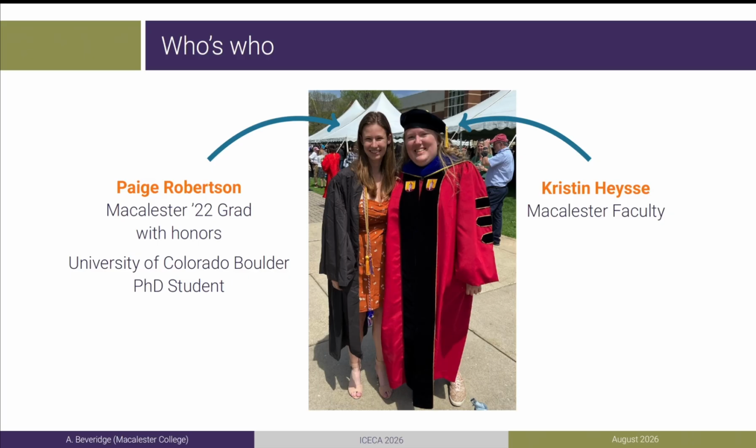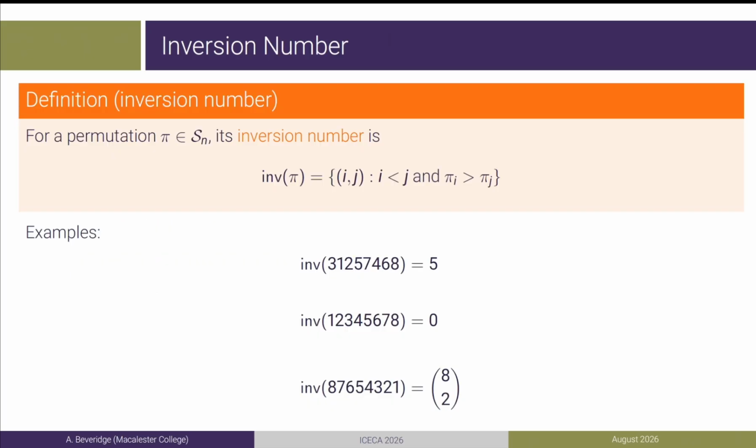So let's get started. The inversion number of a permutation is the number of pairs of elements that appear out of order in its one-line notation. For example, this permutation has inversion number 5 because 1 and 2 appear after 3, 4 appears after 5, and finally 4 and 6 appear after 7. The identity permutation has inversion number 0, while the reverse permutation has the maximum inversion number since every pair is